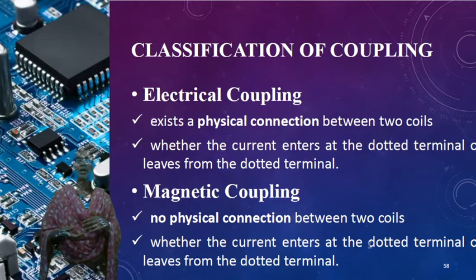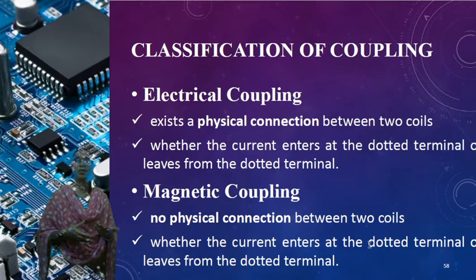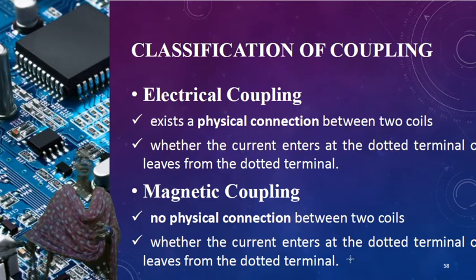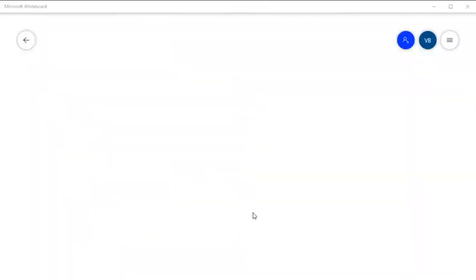Now in this class we are going to discuss how magnetically coupled circuits are connected, how the electrical circuits are connected, how the dot convention works and how it can be applied in the magnetic circuit, and what is meant by the coefficient of coupling, and how we generate the equation for the coefficient of coupling. That is the mathematical representation that we are going to learn in this session. I'm sharing the whiteboard here, so I'll do the derivation for all those things.